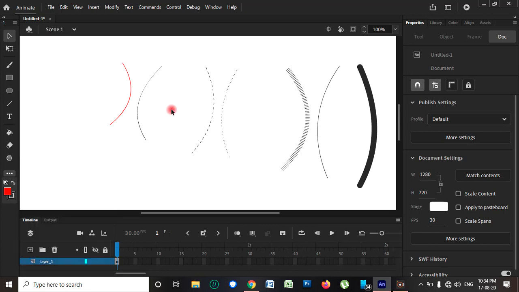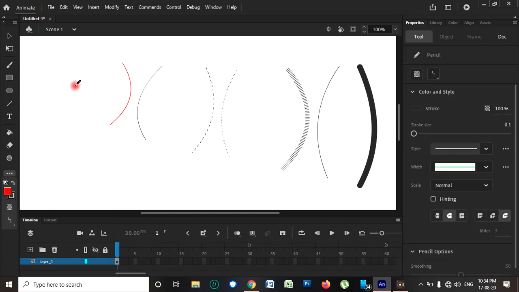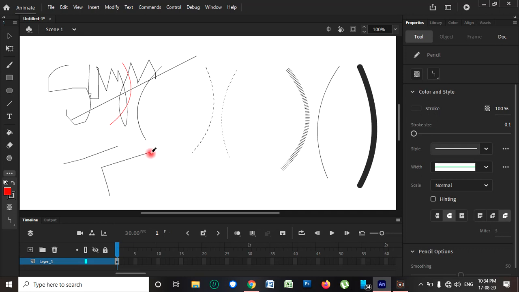Okay, see here, we are going to press Shift plus Y. I have used that. Look here, the cursor changes to the pencil tool. Now this is the way we can draw free-handed. Now we can draw this. If you want to make a triangle, then we can make a triangle. This is the free-handed tool, we can say.